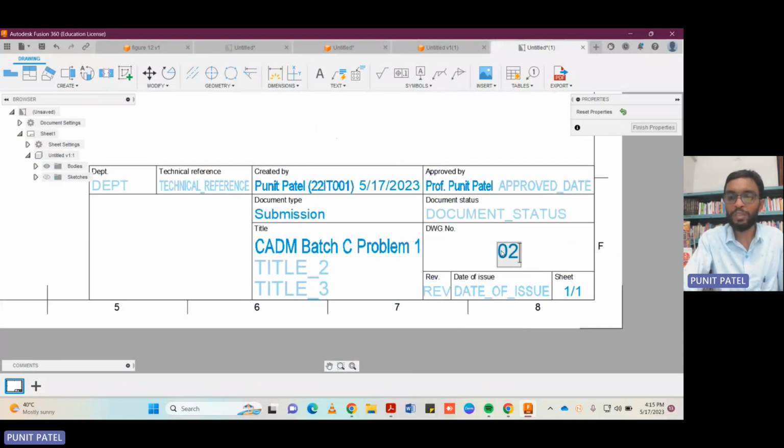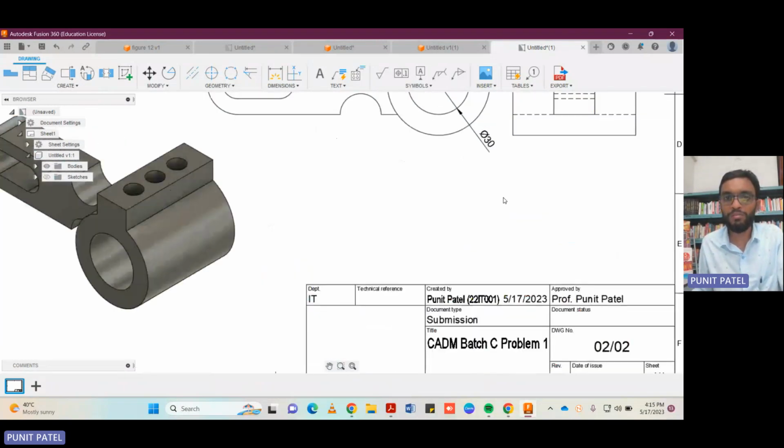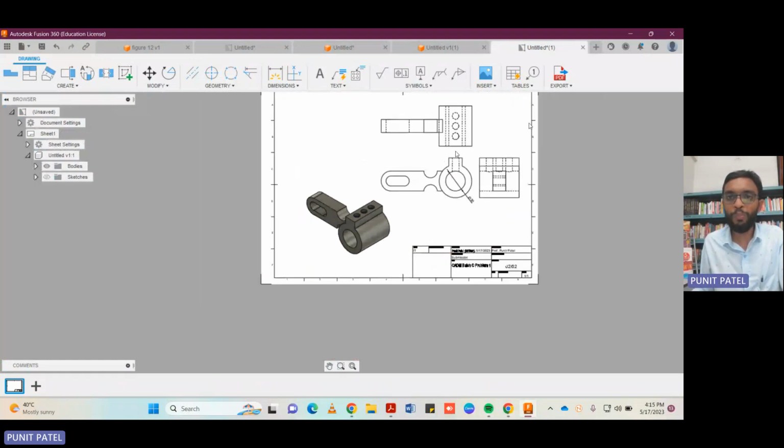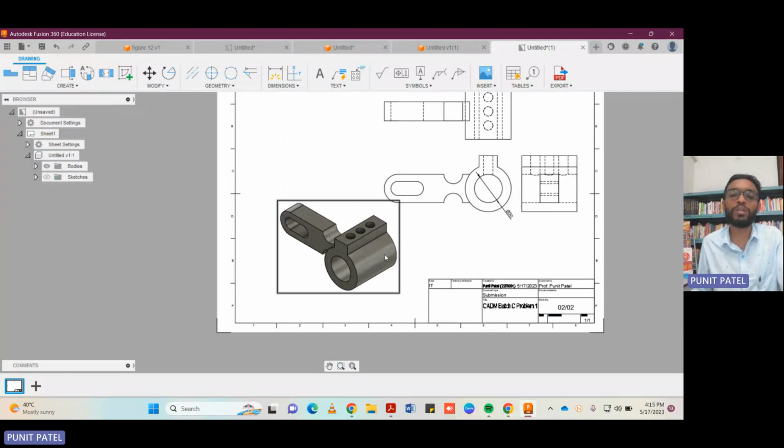It's 02 by 02. You can also write down your department. So many things, these things are optional, but whatever things I have mentioned, these things are compulsory, and this is your final object. I hope you understand how to solve this particular problem